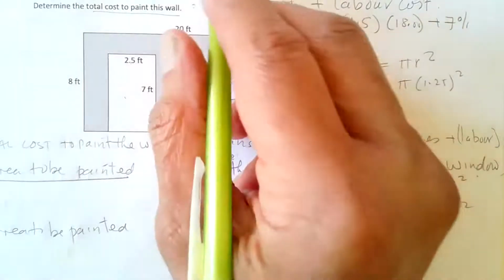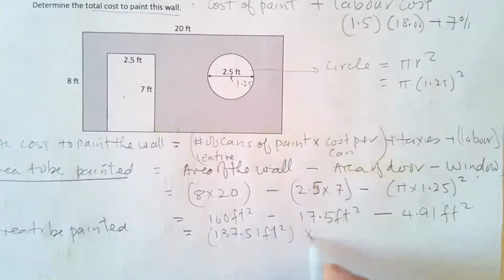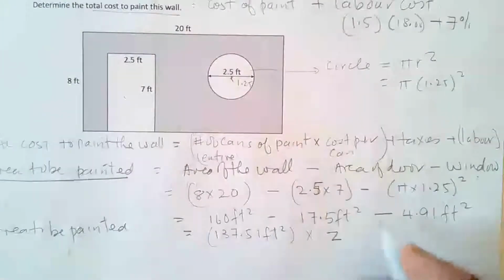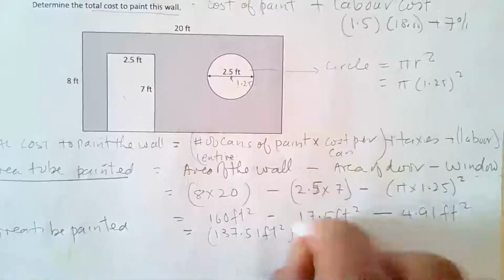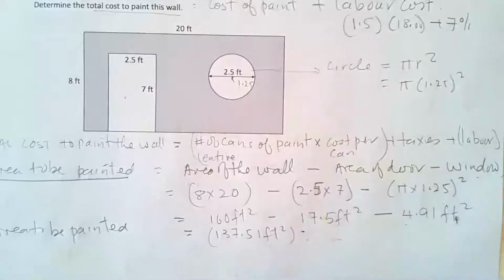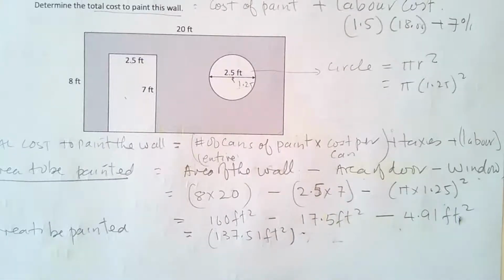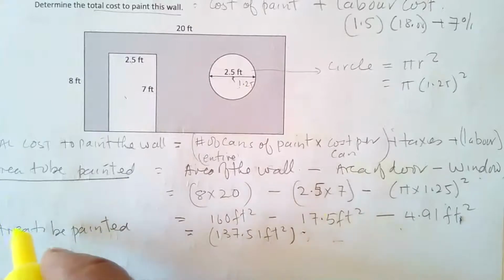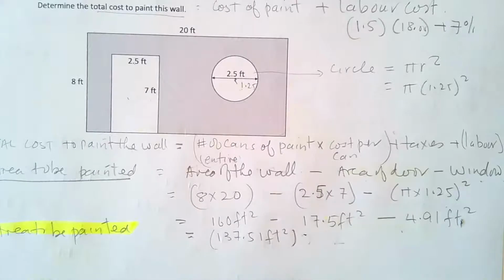Because you said you get 2 coats of paint. So we multiply this by 2 to find the number of paint. So we'll do that later. So the area to be painted. Now we are going to find